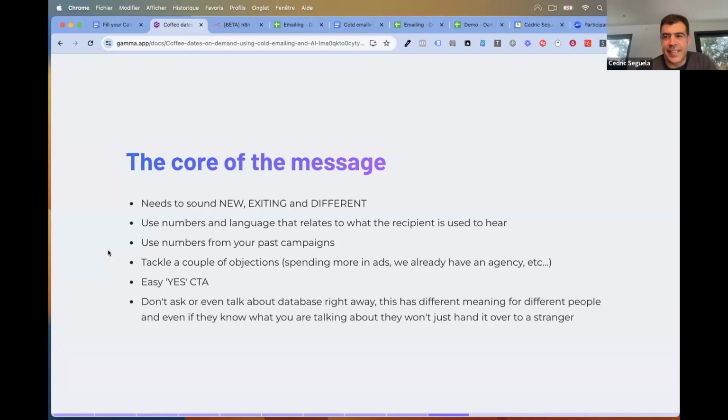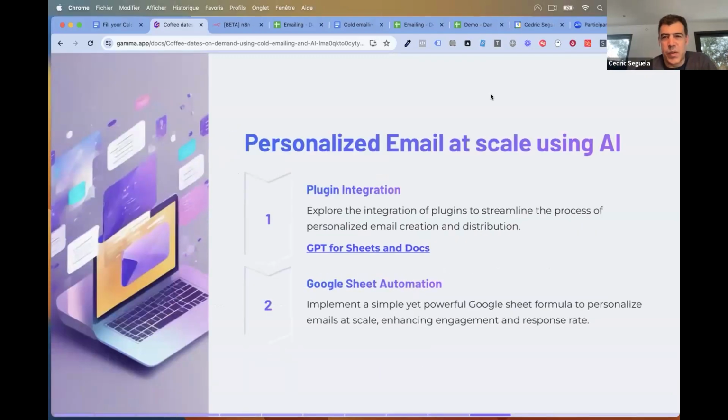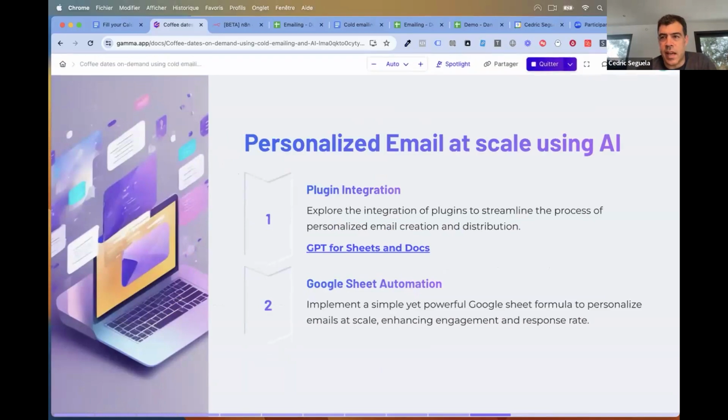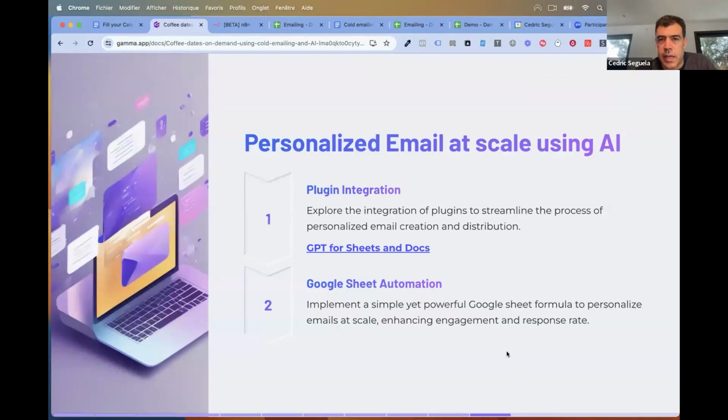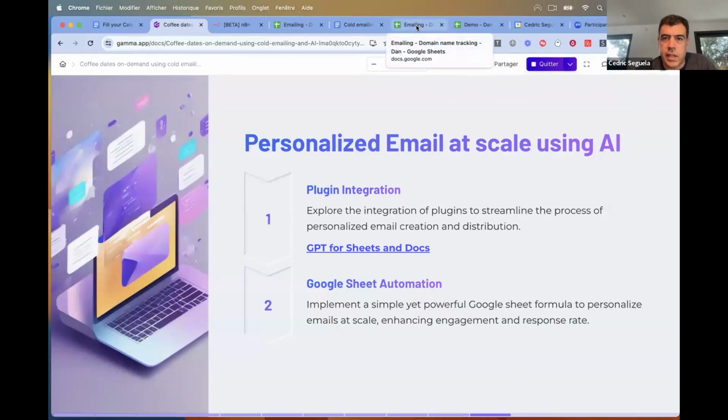All right, where are we here? So I've shown you the way to personalize emails at scale. And while you were mentioning niches, I'd just like to mention that niches don't matter so much. Well, in fact, they matter because you want to target the messaging towards people you're actually willing to talk to. However, since you are using the AI summary and all the data you got previously, the messages are so customized that you can end up having a coffee date by mistake with someone you wouldn't expect,